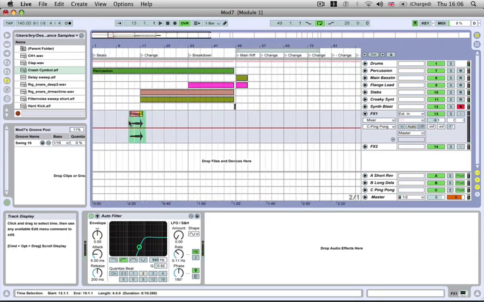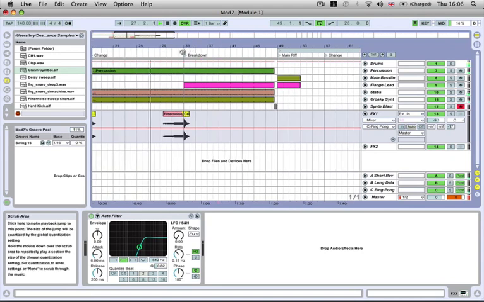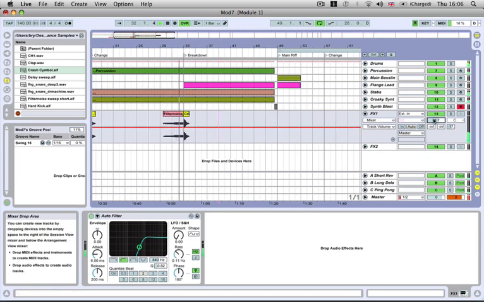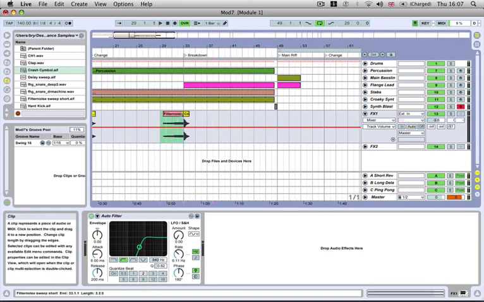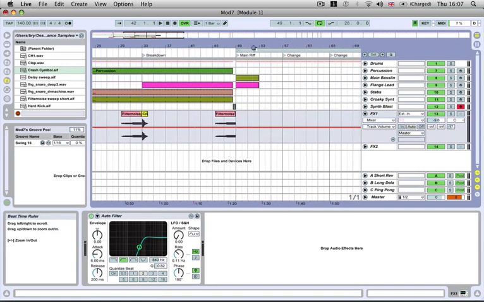Okay, and then I'm just going to duplicate that exact same scenario to happen just at our breakdown at bar 33. Okay, and then I'm just going to move this filter noise sweep. I'm going to have it coming in right at the end of our breakdown, just before our main riff, and